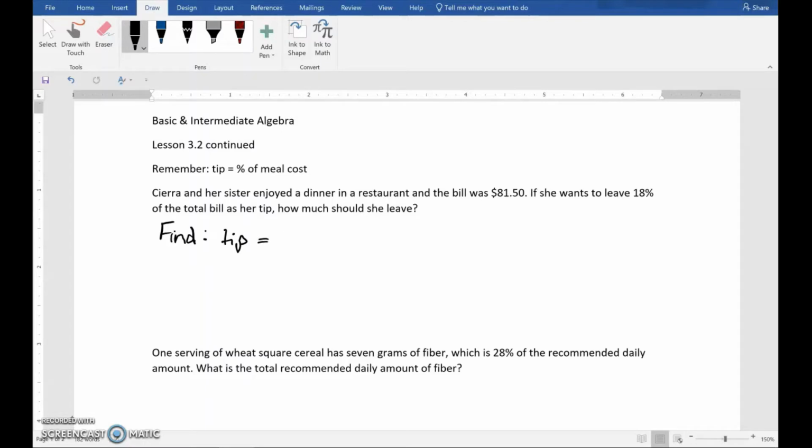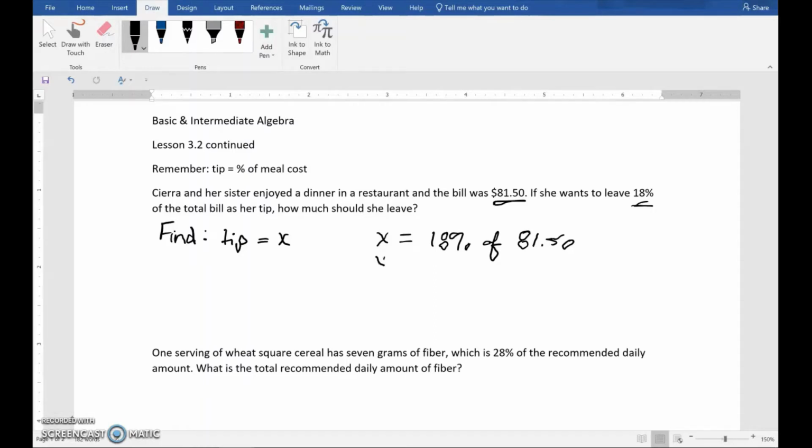And let's put a letter to it. Let's just call it X. And so going back to our remember, our tip, which we're calling X, is our percentage, in this case 18% of the meal cost, and the meal cost is $81.50. Okay, so there's a couple of things, remember, that we have to do in order to deal with percentages,